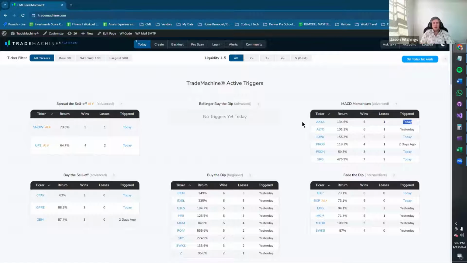We also apply a bunch of filters to these trades. So you'll notice that on this screen, every single thing that appears has more wins than losses. You also won't find anything that has a total return of like 5 or 10%. So we find things that have a good total return, a good average return, more wins than losses, and we also make sure that they work over various time frames.